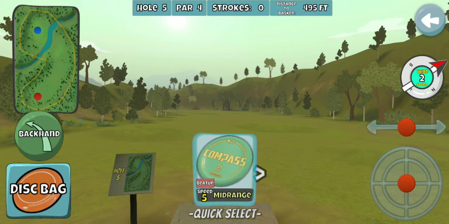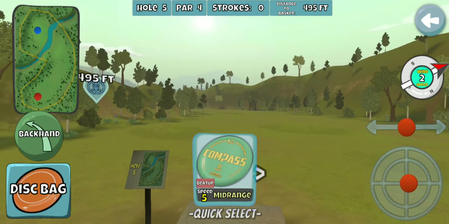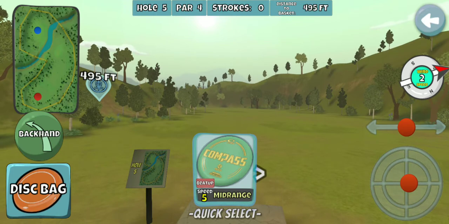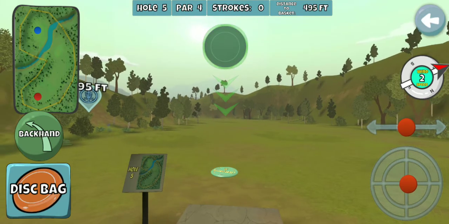Hole 5, par 4, the first par 4 we've seen at 495 feet. Once we get some fairway and distance drivers, this hole is going to be fun. There is a really cool shot right over that hill, but we'll have to wait till we get some pretty sweet discs for that. For now, we're just going to try to chuck it as far as we can down